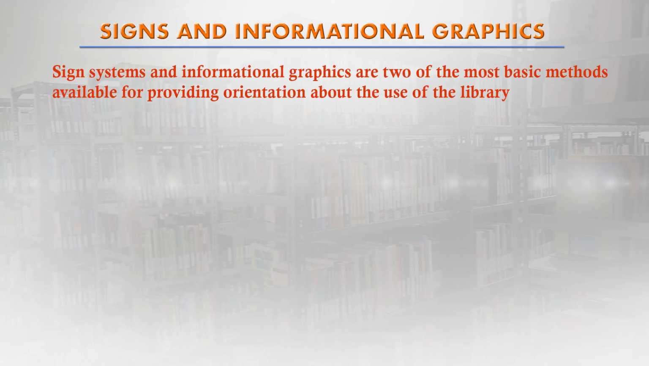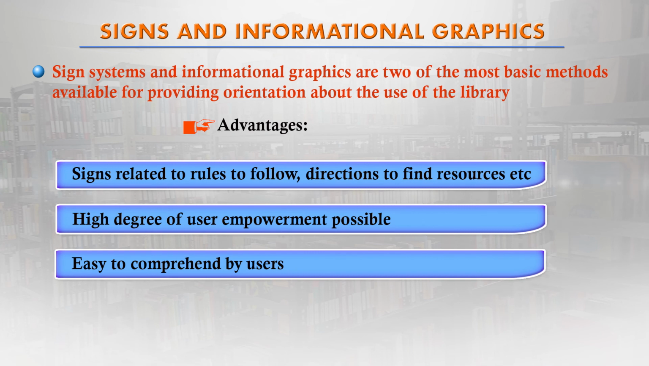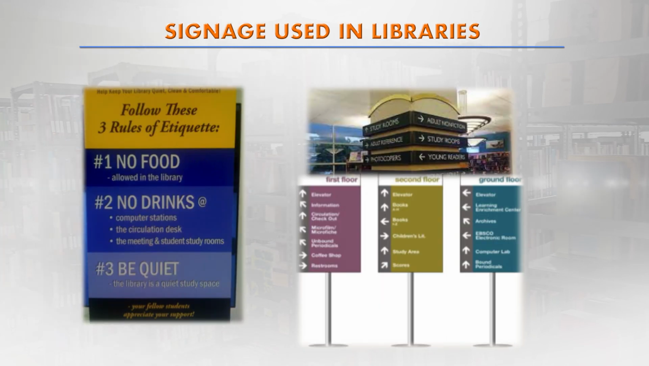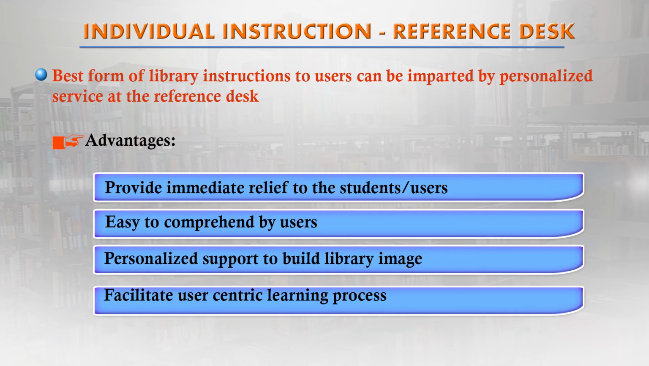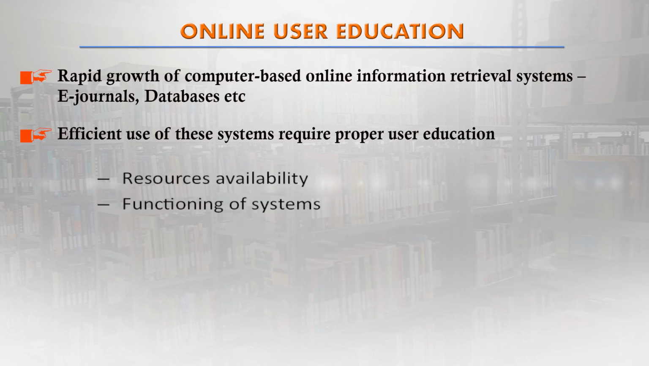Signs and information graphics are very useful in libraries because they are directional and give users a great method of usefulness for the library, easy for the user to comprehend. So these are some examples I have shown you where some libraries have shown how signages can be useful. Now individual instructions could be there, on how the reference desk can be used. In the online